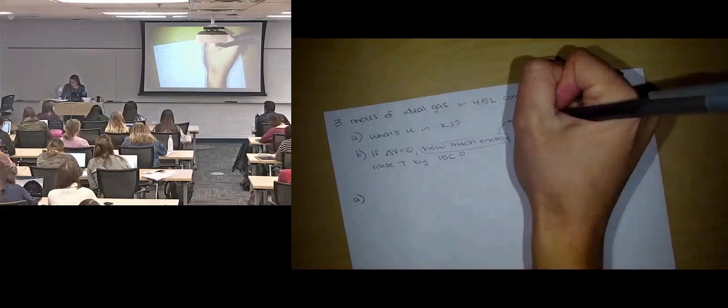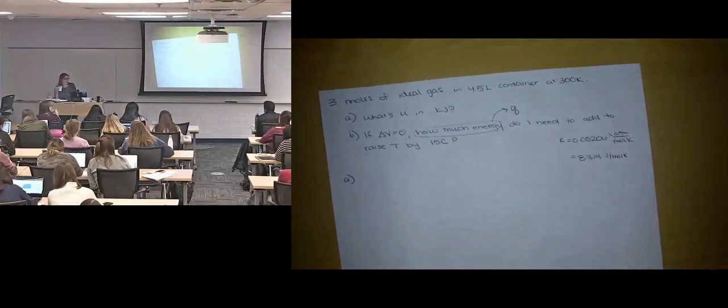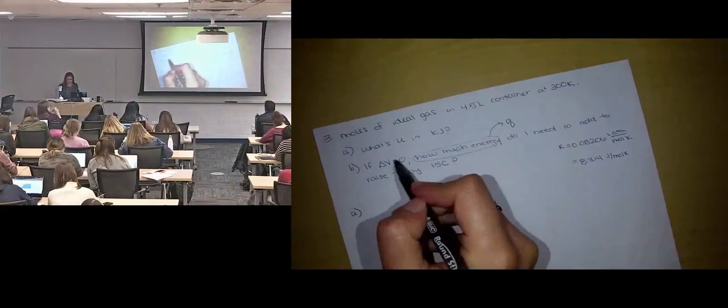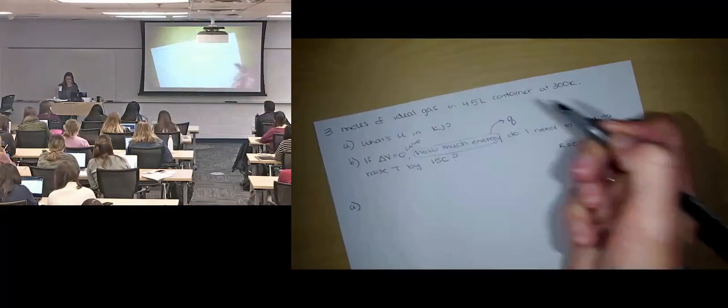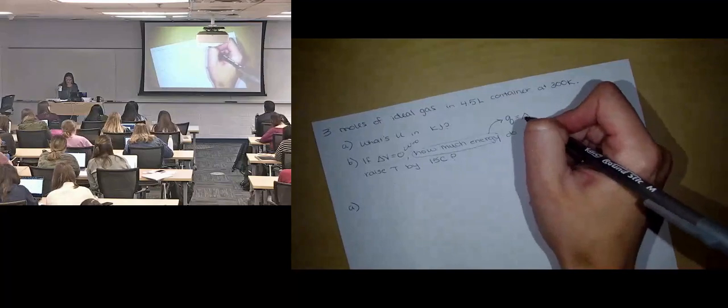So Q, how do we know it's Q? Delta V is equal to 0, so we know that work is actually going to be equal to 0. So it's asking for a change in energy or how much energy, but all that energy is heat, okay? So for the first one,